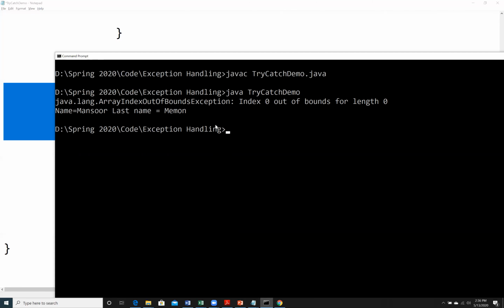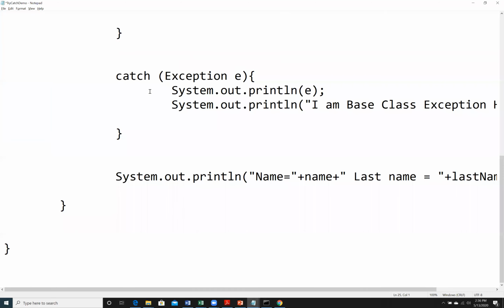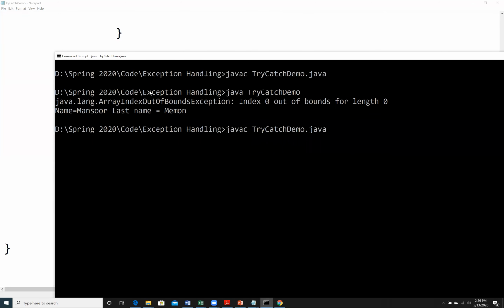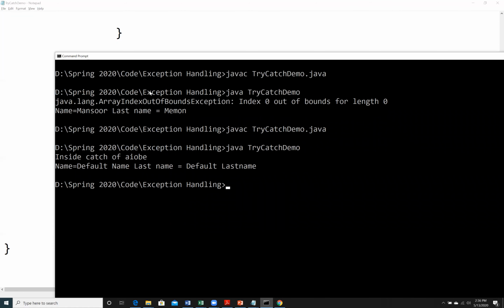Try catch demo, name equal, oh, what's happening? Maybe I have not saved it. Okay, let me save it. Sorry, javac, java. Now you can see here inside catch of array index out of bounds exception, name is equal to default name, last name is equal to default, right?